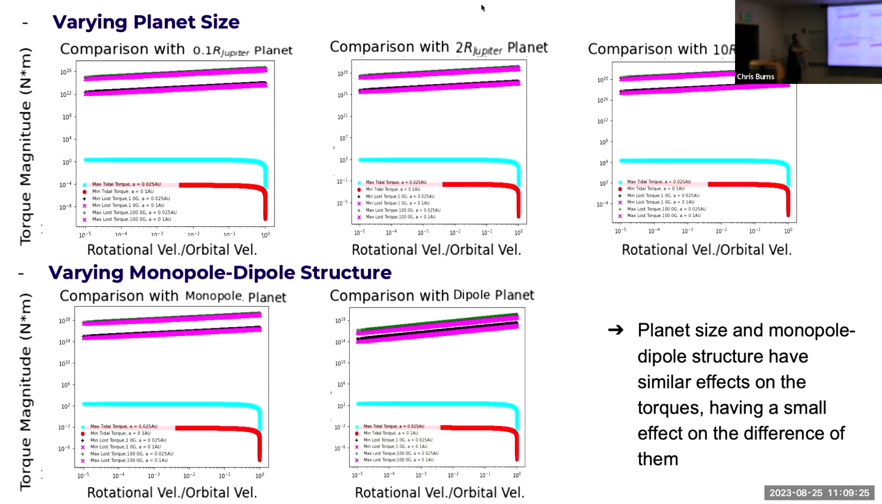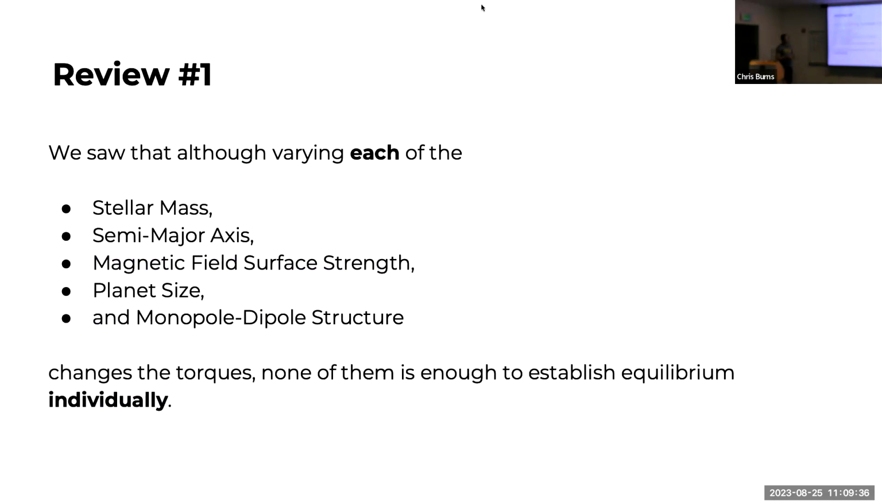Here, I'm changing the structure of the magnetic field, and I try monopole structure and then the dipole structure. And I'm not seeing any overlap again. So that's why I conclude that we saw that although varying each of these change the torques, none of them is enough to establish equilibrium individually. So I have to change them at the same time, like a combination of them, but not each of them